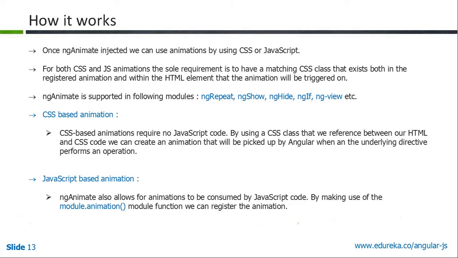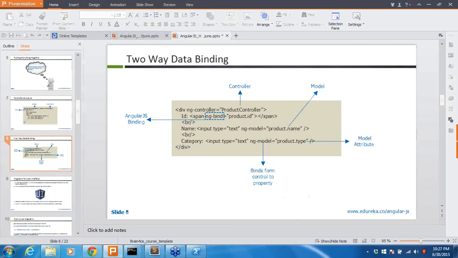Let's take an example. I have a particular div. If I want to hide the div, you can write it two ways, right? One is I can make it CSS display none. It will hide the div. Otherwise, if I am using jQuery, I can write dollar of that particular element dot hide. That will also hide that particular div. In the same way, you should be able to write the animation for this ng-animate module using CSS or JavaScript. Okay, let's go to the practical instead of seeing more theory on this one.